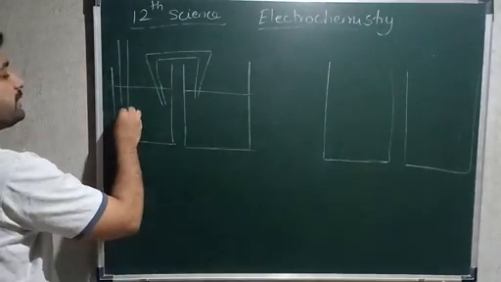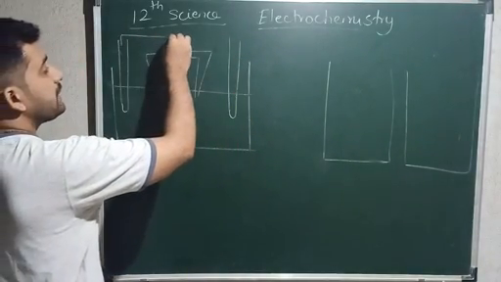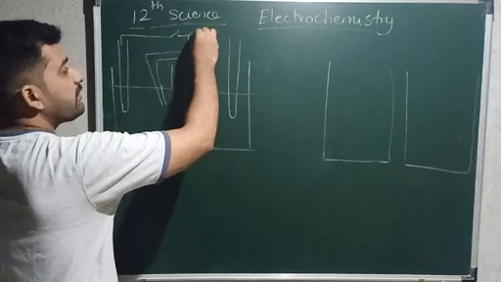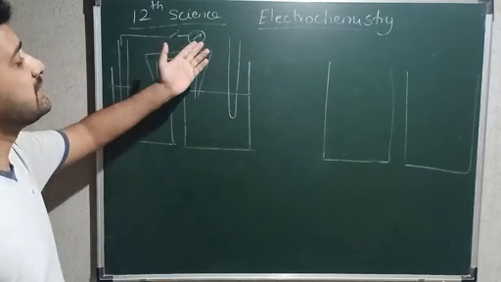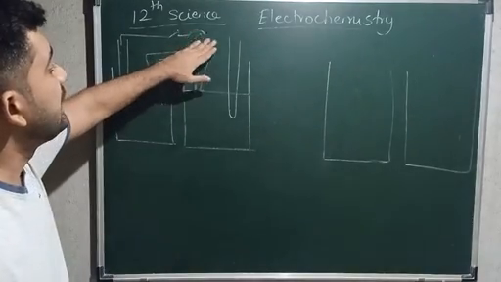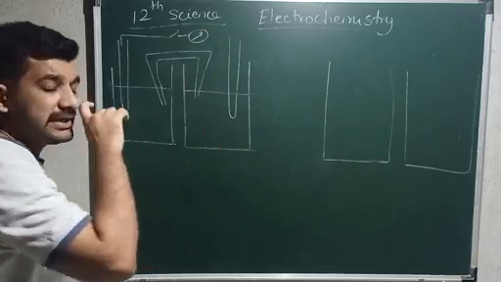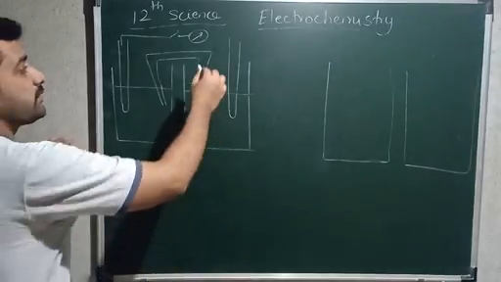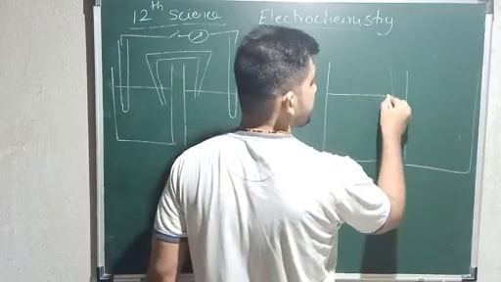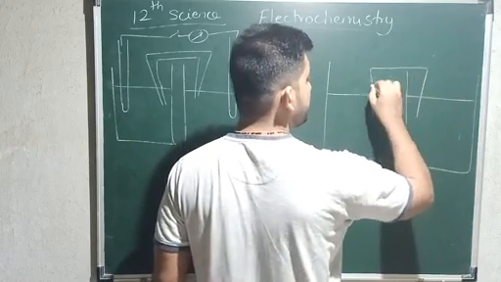Here we have electrodes. These electrodes are connected to a key, and to that key we have a galvanometer, or we can say that there is a bulb also. The galvanometer shows us the transfer of current, and even a bulb or LED can also explain the transfer of current over here. Okay, and in this case we have the salt bridge over here.